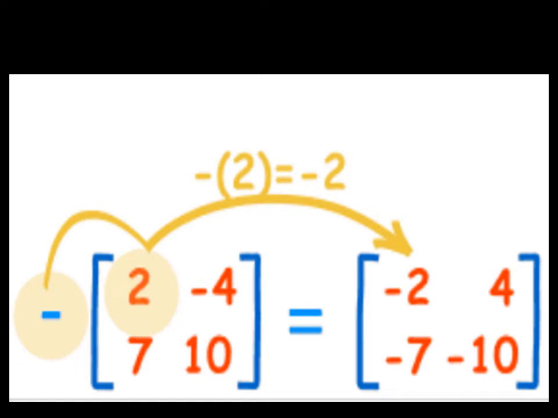We can also do it in another example. We have a matrix in which 4 elements are 2, -4, 7 and 10. When we take the negative of this matrix, the sign of all the entries are changed in the required matrix. As you can see, the +2 becomes -2, -4 becomes +4, +7 becomes -7 and +10 becomes -10. All the signs are changed in the required matrix. In this way we can take the negative of a matrix.